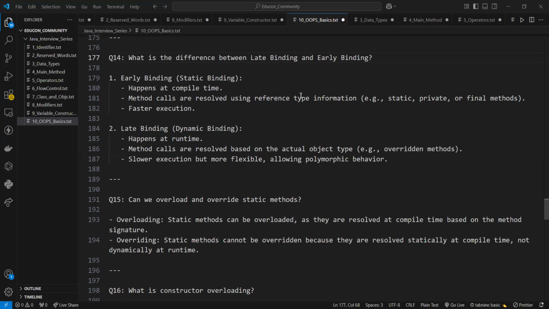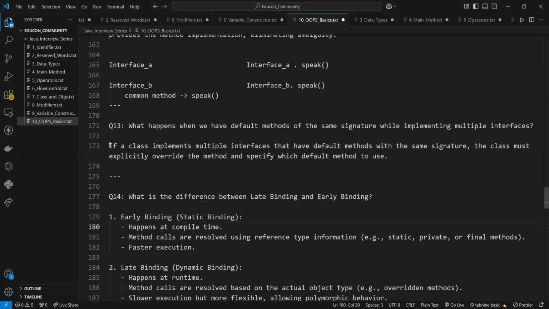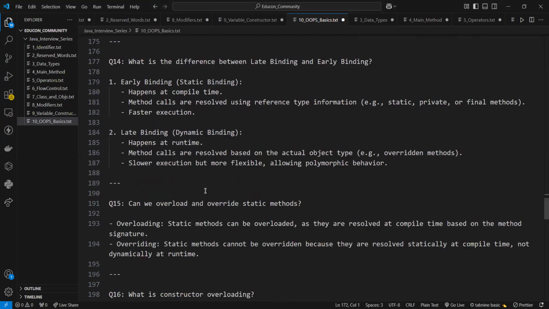In the last lecture, we discussed the OOPS basic concepts related interview questions. We discussed part one till question number 13. Today we will discuss from question 14: what is the difference between late binding and early